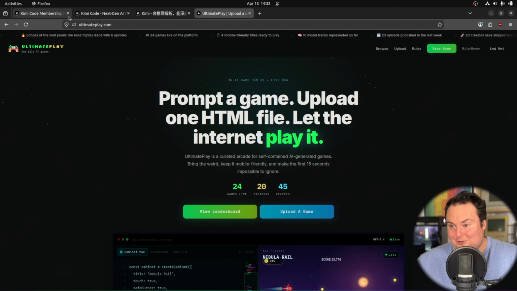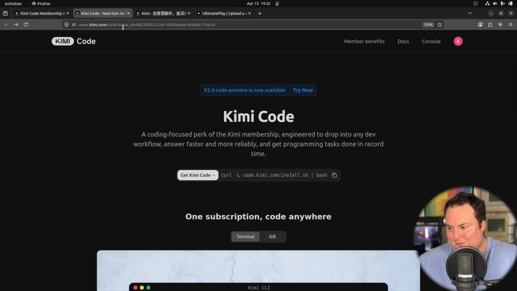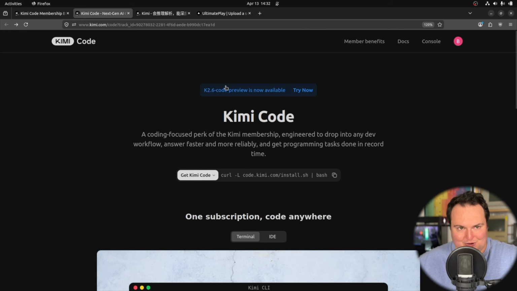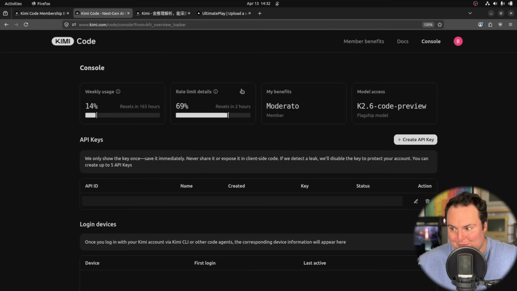So that is going to conclude our first look and test of what we see right here, the Kimi K2.6 Code Preview model. Again, it was not really much to go on in terms of an introduction to this. There was no real specific announcement aside from this we see right here. And when we click on that, we see the model access, which I did have to sign up for a coding plan account to be able to access this. I don't see it in the regular Kimi web chat interface, but we did get to use it in open